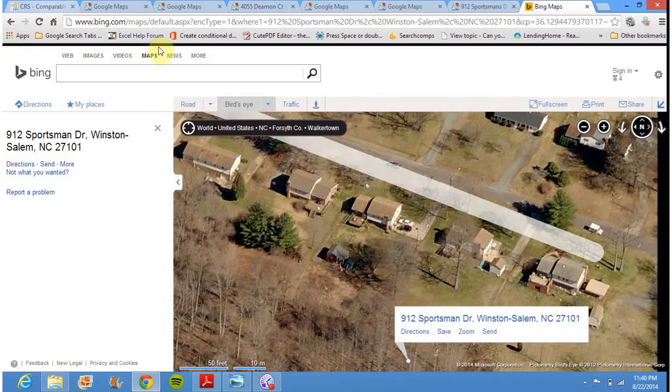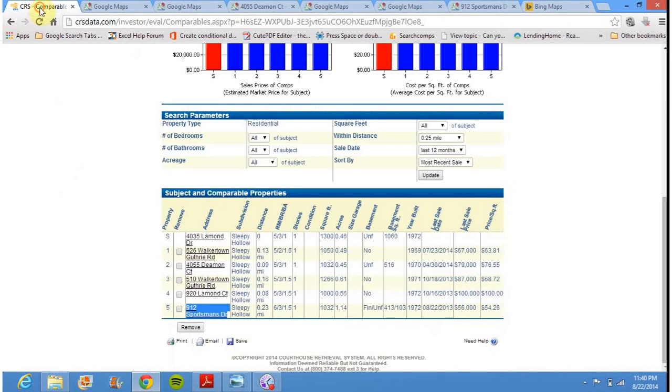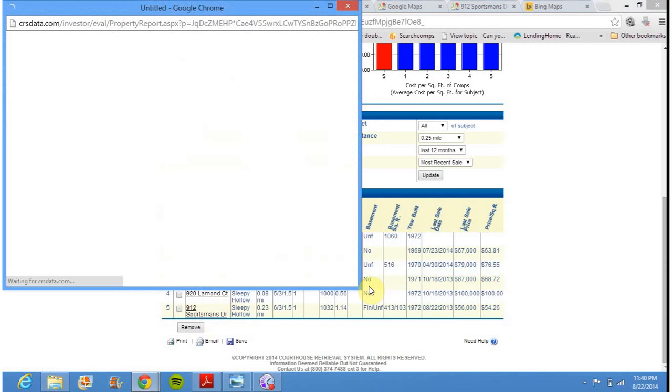So then when we go back to Google here, we see that property, wow, whoever got that got a really good deal. They got it for $56,000. Now, my initial thought is, wow, that's a really low sale. I wonder if maybe that was a foreclosure. So I can go over here to Sportsman Drive and